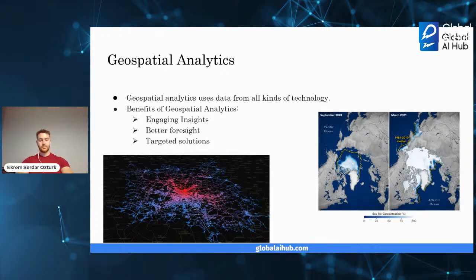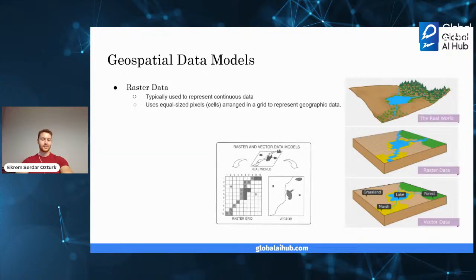So targeted solutions. All right, targeted solutions means seeing location-based data helps organizations understand why some locations and countries are more successful for business than others. Right? Maybe you want to buy some places. Okay, how do you choose where to buy? For example, a shop. Okay, you use geospatial data of the people and how they interconnect in some places. Then you should buy that place. So yeah, that's just a simple example.